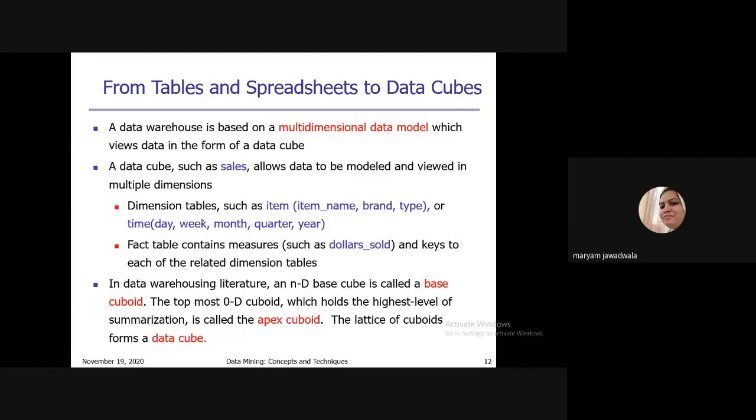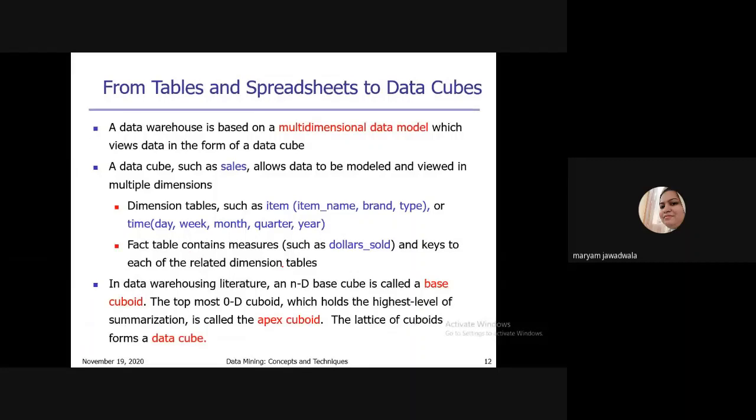Okay, student. So for example, here two dimensions are there, that is item and time. Maybe you have one more dimension, say country. Country is one of the dimensions. Say in that table you have information on four or five countries. So you have one more dimension in sales, that is country. So for this example, you have three dimensions. The first is item, the second is time, and the third is country. Likewise, you can represent a data warehouse in multi-dimensional form.